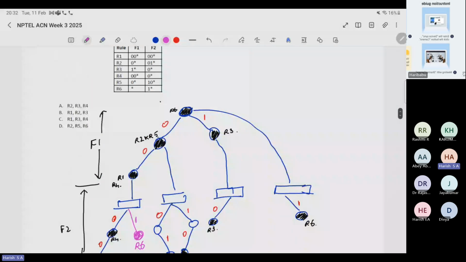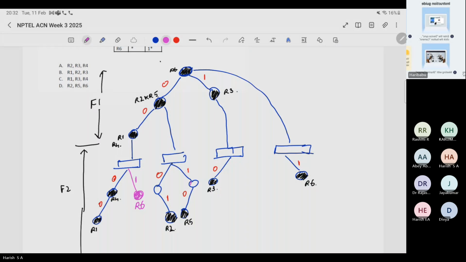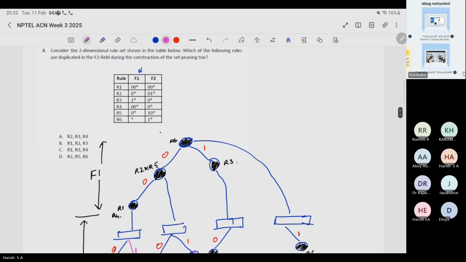and then R2. Where is R2? R2 is here. So 0 star and then 1, 0 star and then 1. Zero star and then 1. Yeah. So now this becomes another accepting state called R6. Now the next thing is